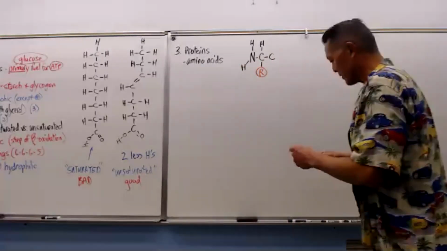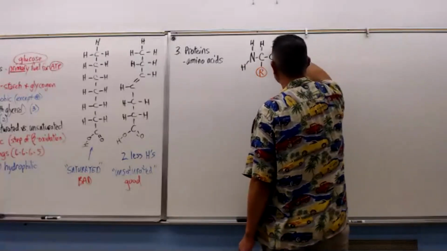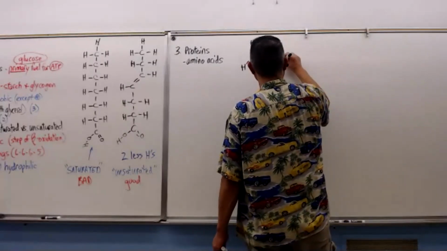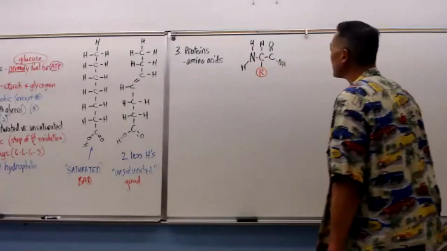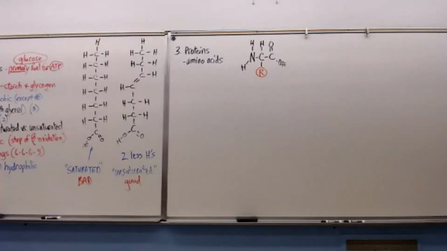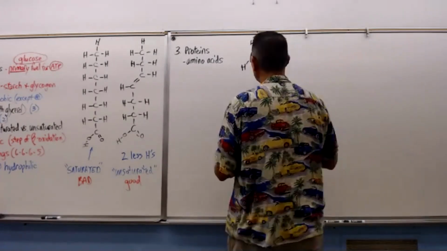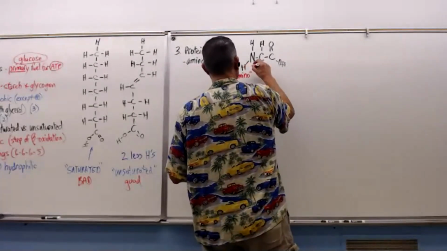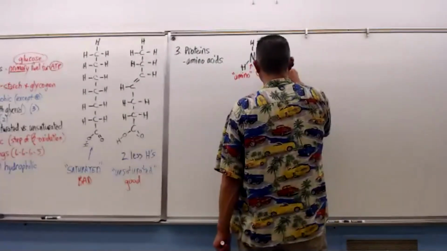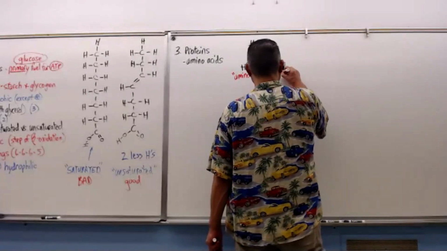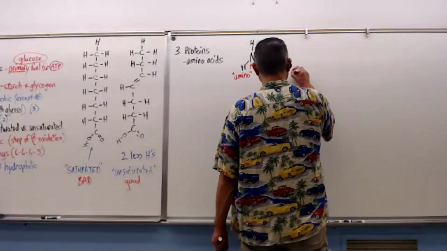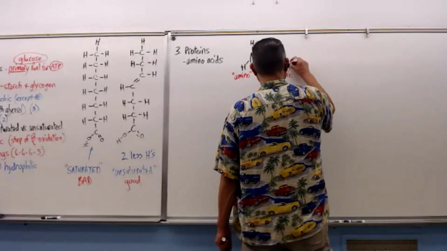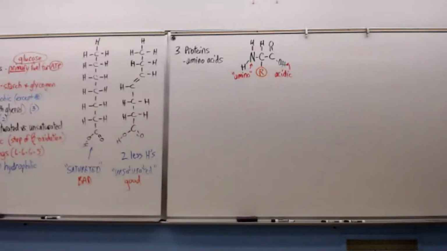On the middle C is what is called the R group. And here's that carboxyl group again, just like on the fatty acid. This is the amino group. This is the carboxyl group, which is always acidic because of this hydrogen here falling off. That's why it's called amino acid. Everybody got it? You have to visually recognize